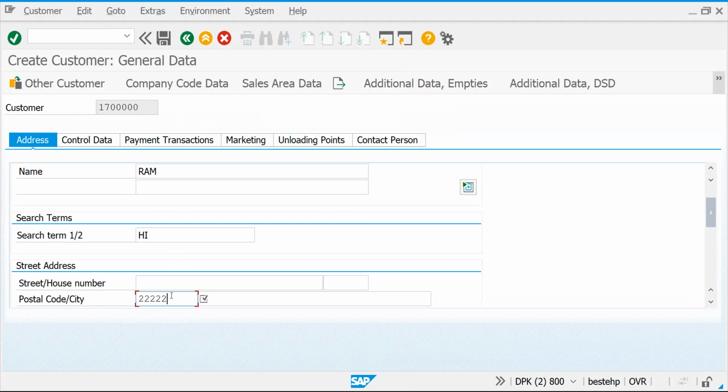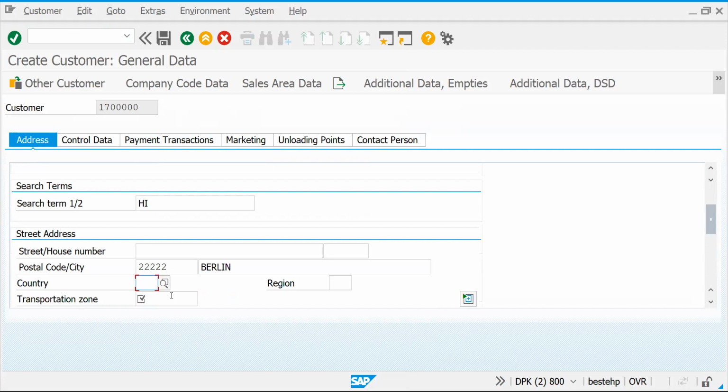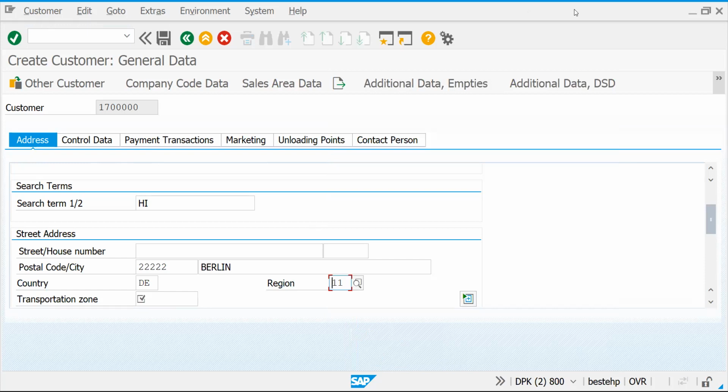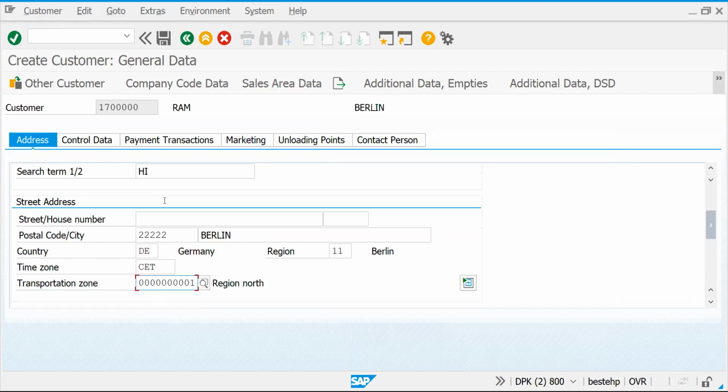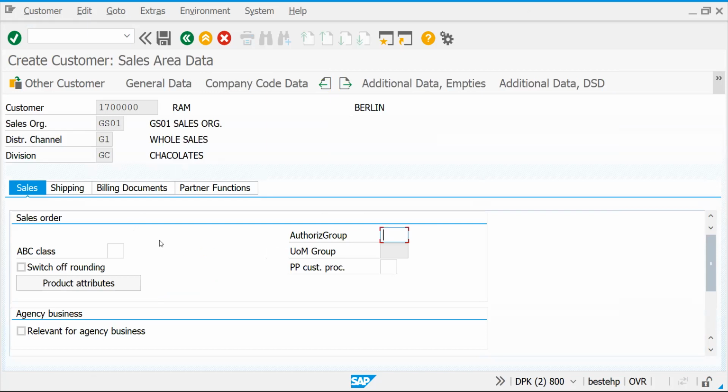So let's assume some location. It's located in Berlin, another location for DE. Let's click on F4, so your Berlin will be this code. Now you have to put the Berlin here. Let's put this John, and let's go to the sales area data.